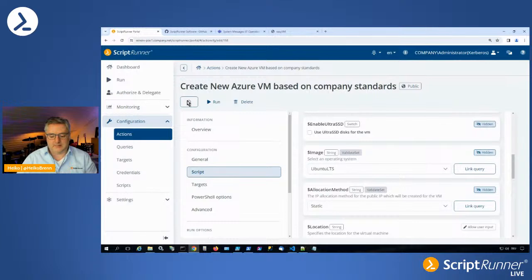So there are all kinds of ways to simplify the user experience for your help desk teams or your line of business people. And it gives you all the possibilities to standardize the processes the way that you want them to be executed, no matter if it's triggered by user A, user B,